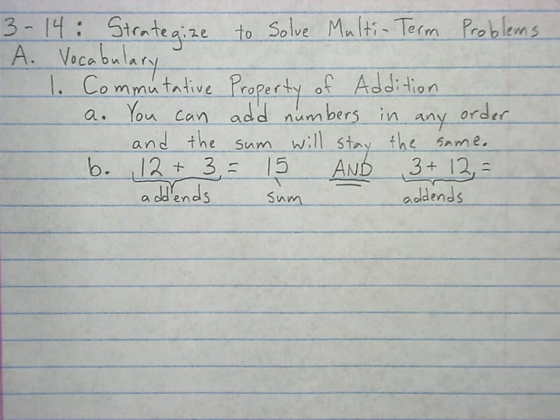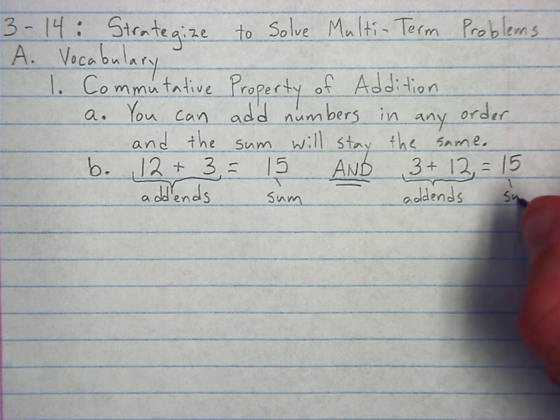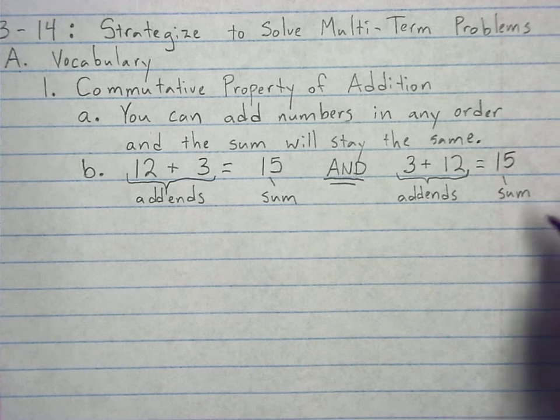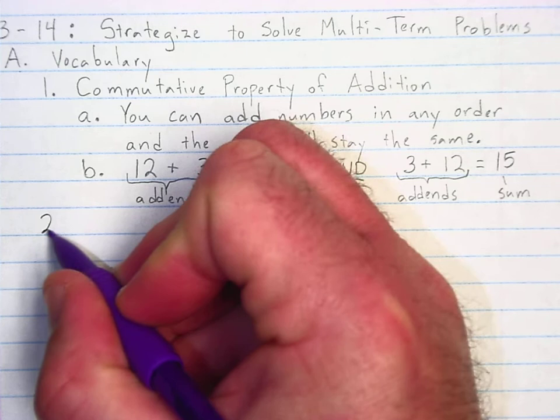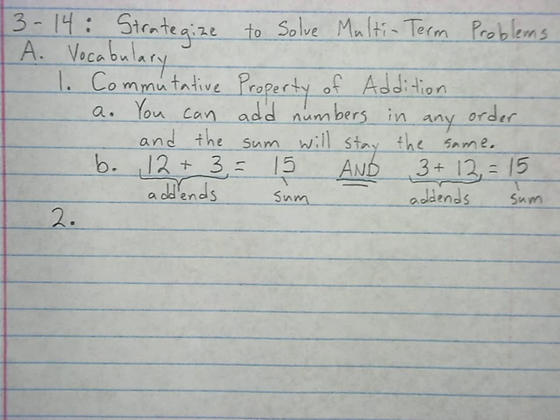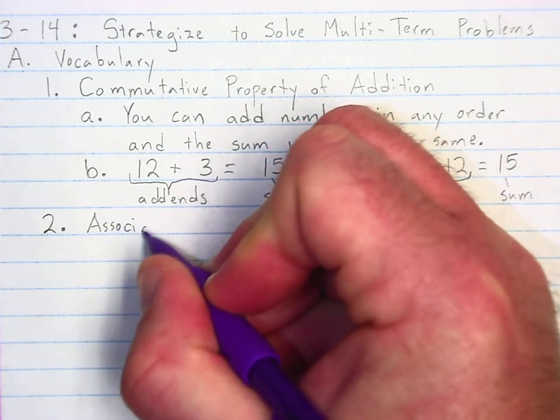Most of you are hopefully calling out to your computer, we already know that's the same. It is the same sum. You are correct. Okay. Commutative property says you can add numbers in any order, and the sum, the final answer, will be the same. Now, we're going to back out to our second vocabulary word, number 2, and we are going to talk about the associative